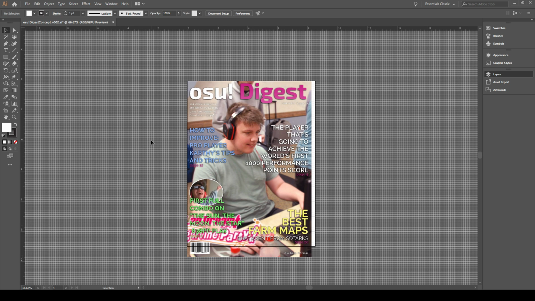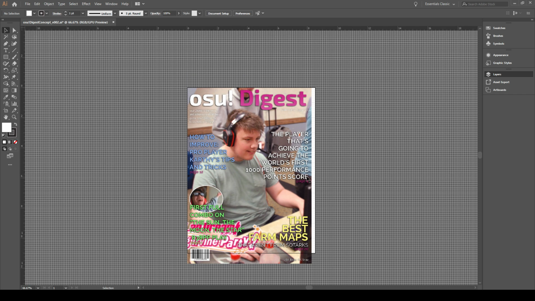That's not inherently bad, but there's no brand coherency. This is the closest color to any color in the osu color palette, at least as far as the web goes. And the font doesn't look bad, but I don't think the font fits here.